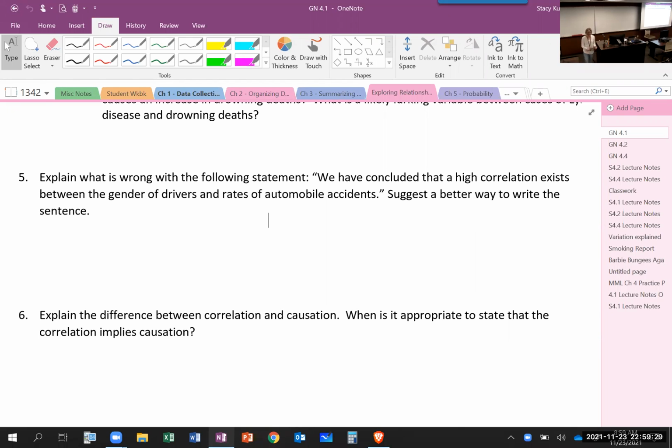Instead, we would have to say something more like gender is associated with the rate of automobile accidents, okay? You're just going to make that association, not the fact that it's a correlation. That's kind of the difference that we're looking at right there. All right. Are there any questions